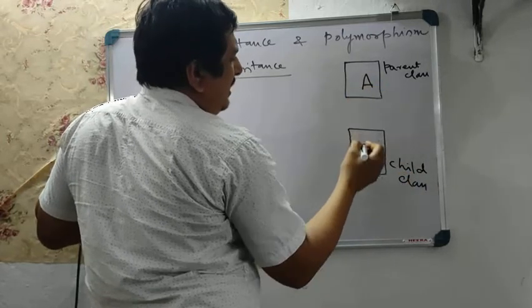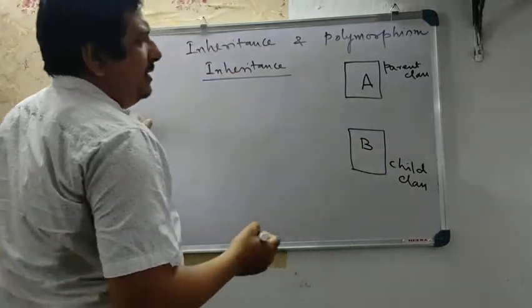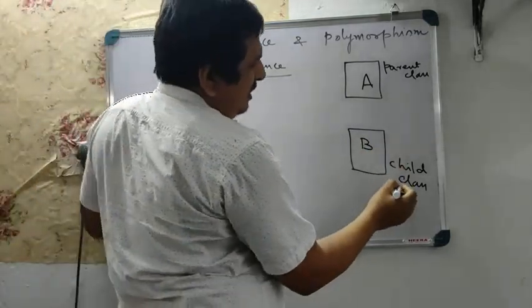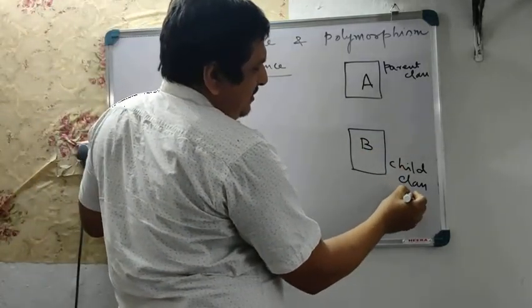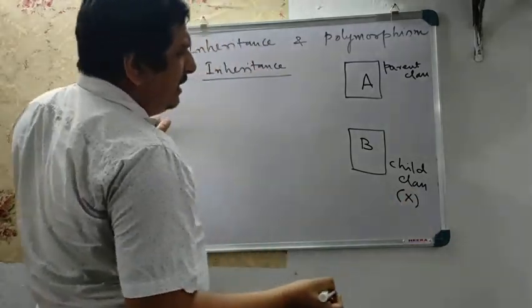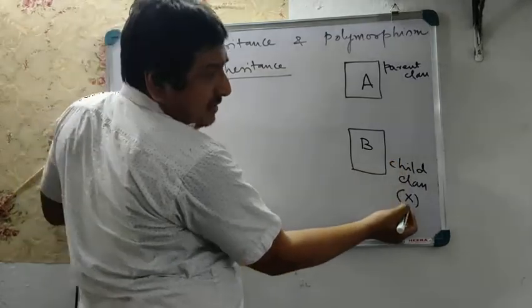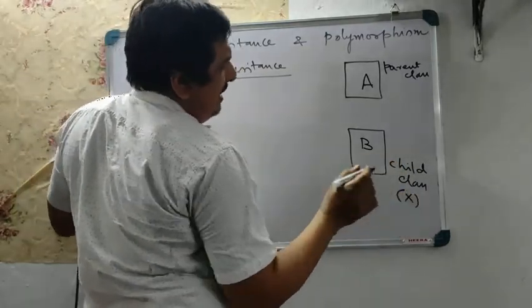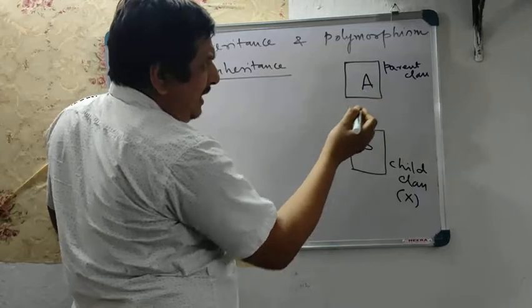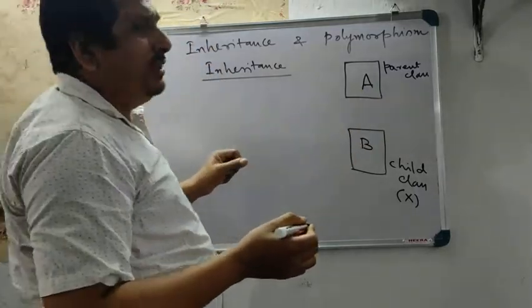Think that this is A and this is B. Now, think in specific terms: B is the child class which contains something, let us consider it as X, and A is also a parent class